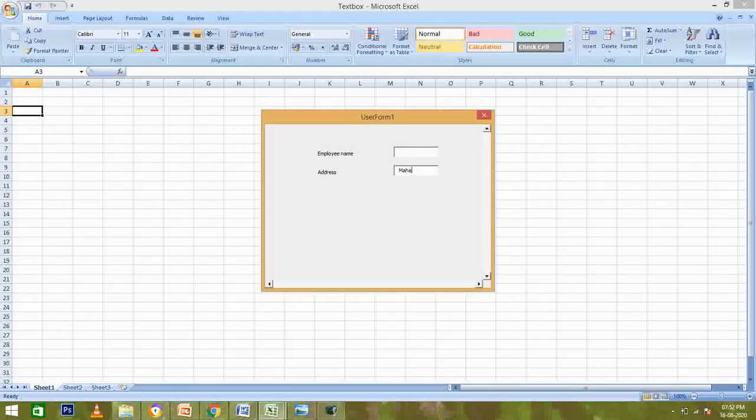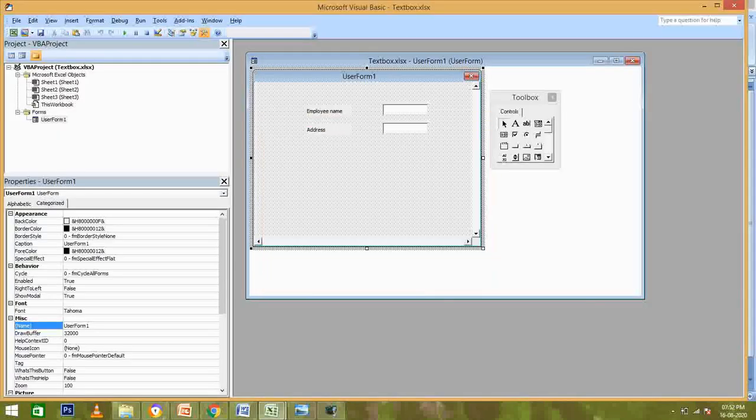So in address, Mahape, comma, I will press enter. I have come to the next line. You can see, Rajasthan, comma, pin code. I have entered the comma. You can see I am able to do it. So in this way you can create a multi-line text box. But here you can see whatever you have written, you are not able to see it. For that we have to give a scroll bar so that I can scroll and see what is written over here. As of now I'm closing the program.